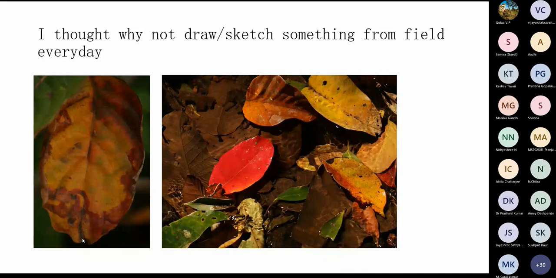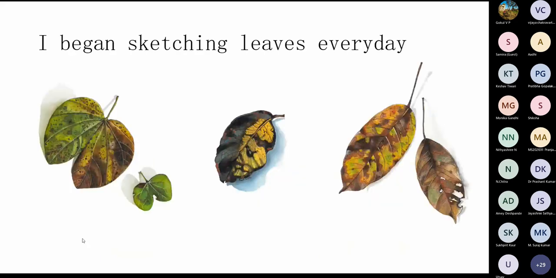After my fieldwork would get over, I would try to sketch insects, flowers and fruits that I had seen during the day or in the field when I was collecting data on butterflies. That's how I began sketching and painting more regularly. Finally, after a few attempts, I settled for sketching leaves. These are some of the leaf sketches that I did during my PhD and my field work.